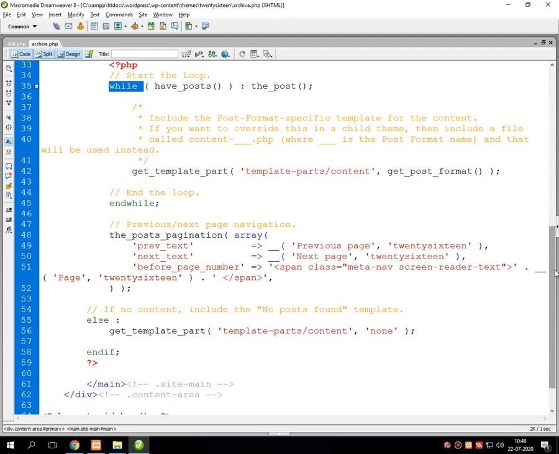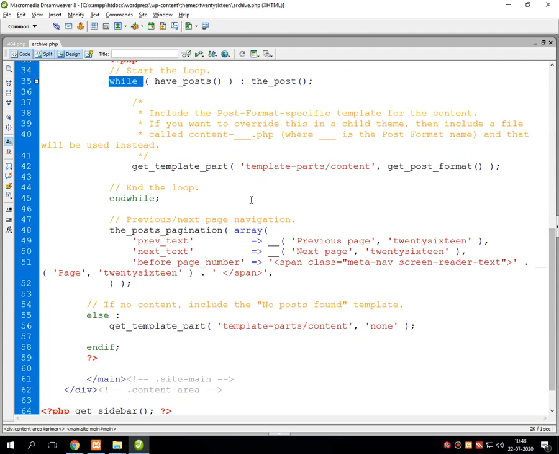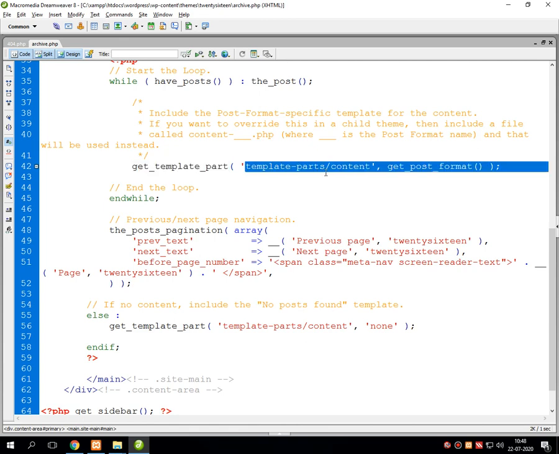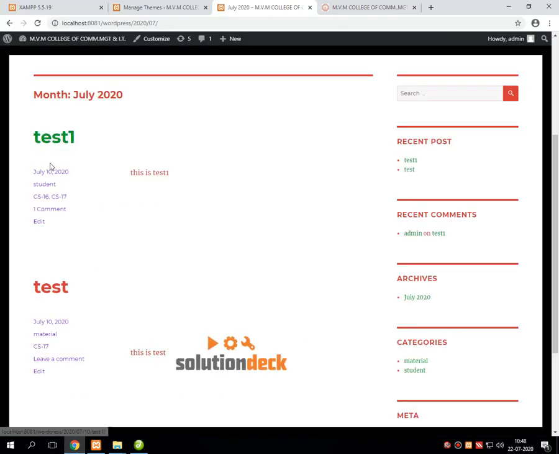Now, during the display of that particular post, one function gets executed, that is called get underscore template underscore part, in brackets, single inverted commas, template dash part slash content, comma, get underscore post underscore format. That means it is related with the format of the post which is displayed over here.